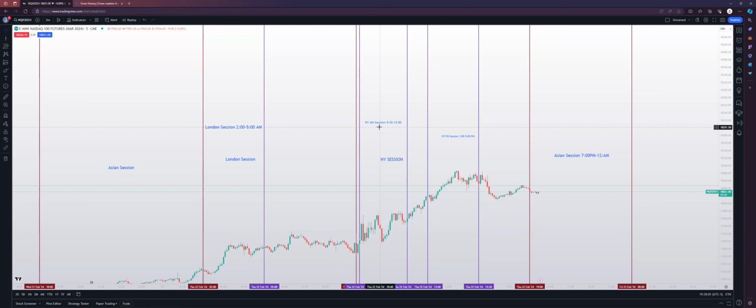Rico, for example, is a New York AM session trader, but if price looks choppy during the AM session, he will wait until PM because that's the smart thing to do. Understand, in New York session, you really have 2 times that you can execute trades in. So whether he's trading from 9:30 to whatever or 1 o'clock to whenever, bottom line, Rico is not trading from 9:30 until 2 o'clock straight.